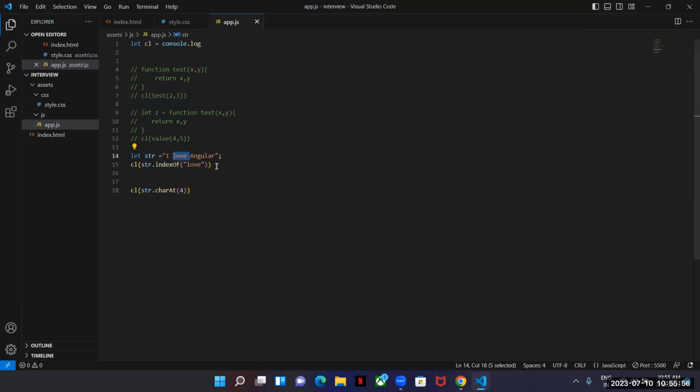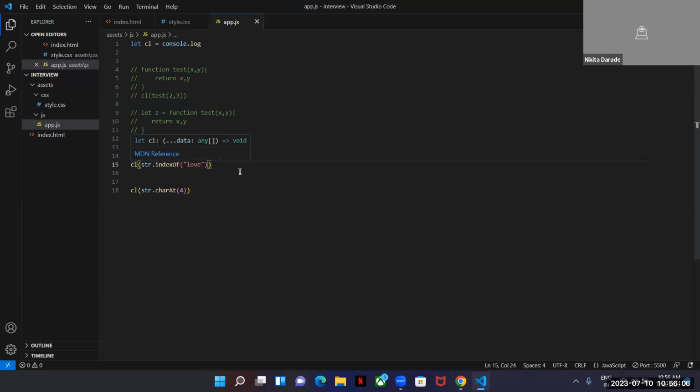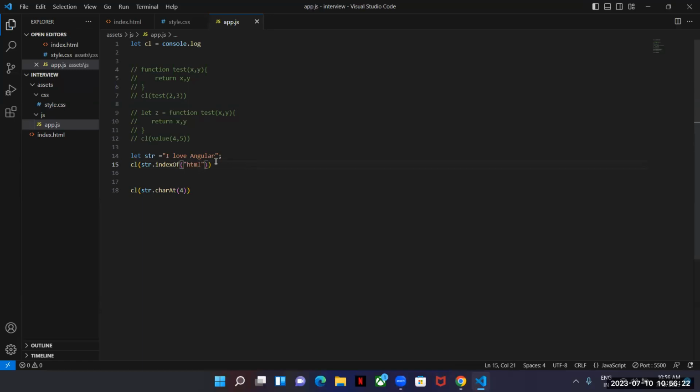Can you explain in indexOf, if the element is not present, then it represents -1. Now use the word love in that.